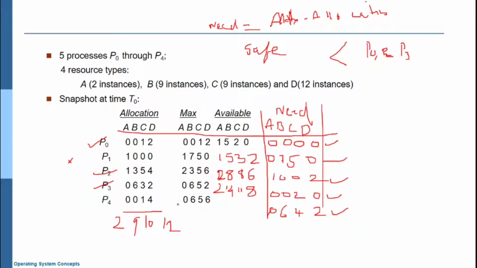Okay, so since it requires 7 instances and we have 14, we can go in, but we go in the same order for the sequence. So P3, next it is P4. P4 requires 6 instances of type B, 4 instances of type C and 2 instances of type D. So easily we can satisfy the condition. So next it is P4.